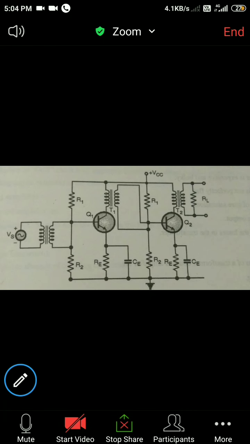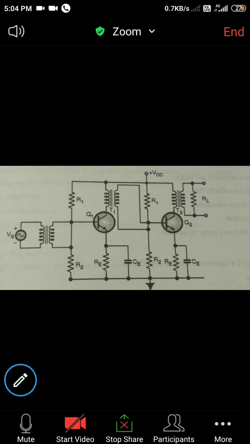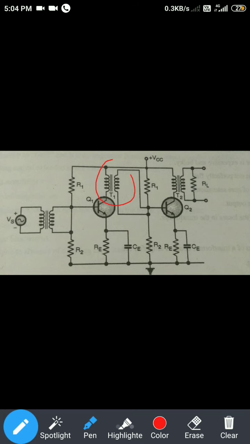Multi-stage amplifier. The next topic is the transformer coupled amplifier, where the main difference is that the collector resistance is removed with the help of the transformer. This transformer is used for impedance matching purposes. So impedance matching can take place with the help of the transformer. The turns ratio of the winding can be carefully adjusted to get impedance matching from one stage to another